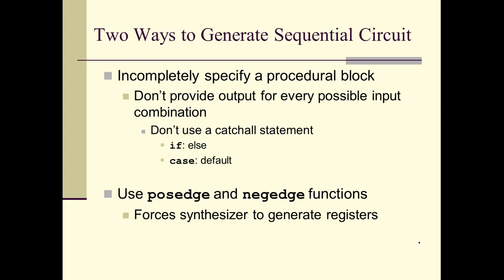The way to avoid that is to include a catch-all, but if you don't include a catch-all, it stands the possibility that you didn't define every input. So once again, if you incompletely specify the outputs for a given always block, you can end up with a sequential circuit,